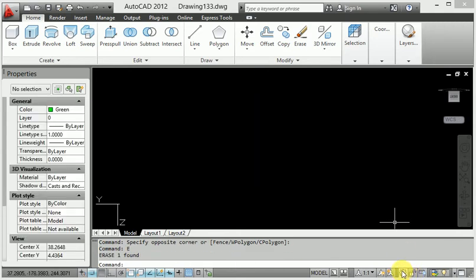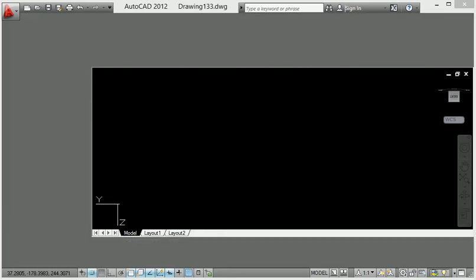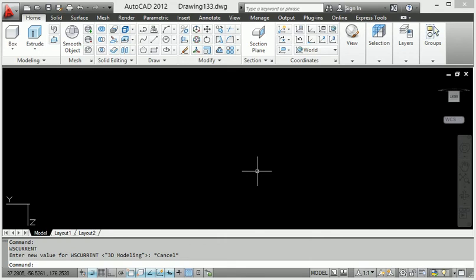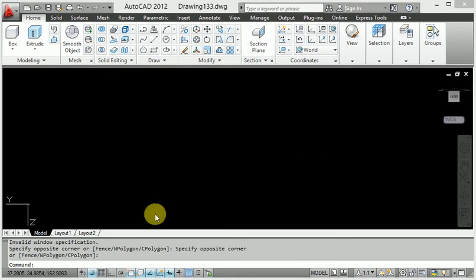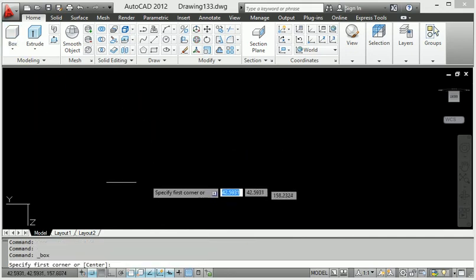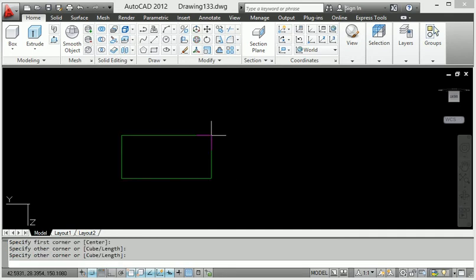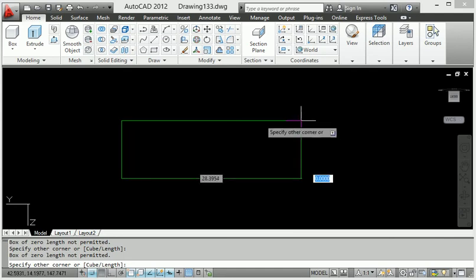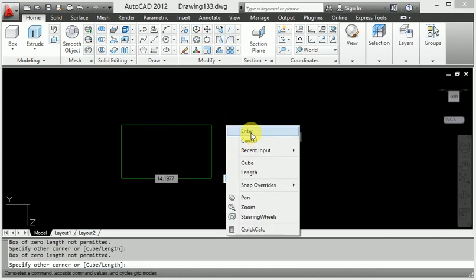So again I will switch the workspace to 3D modeling. So this is how you come to 3D modeling in AutoCAD. Here is the 3D modeling background. They are the three-dimensional work and three axes. Right now this is the 3D modeling background. If I select the box here and start drawing, when I click box and start the box here and make the box, okay, enter.